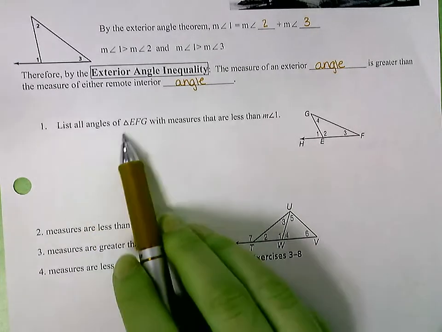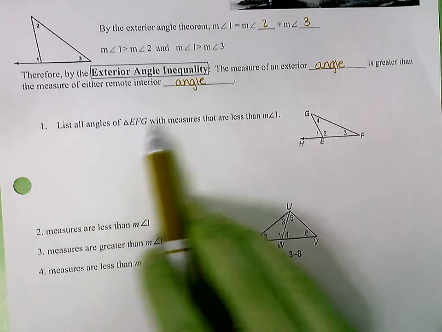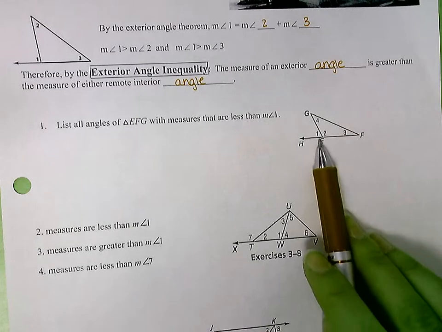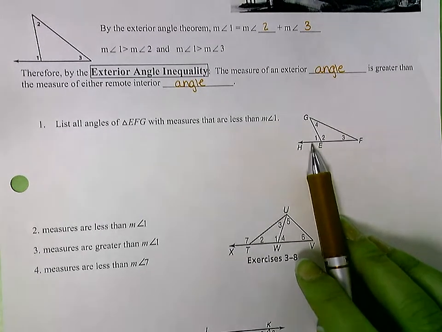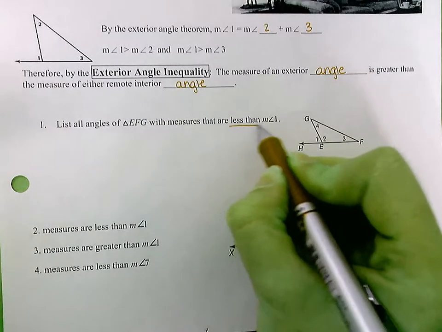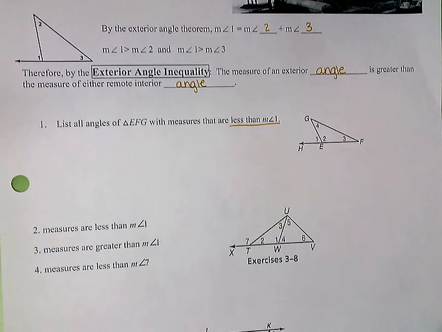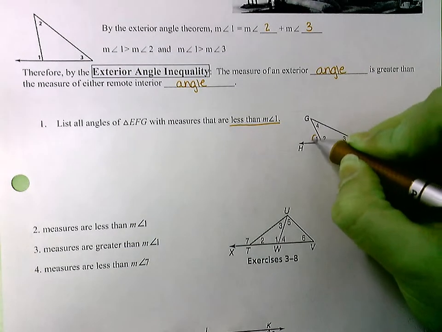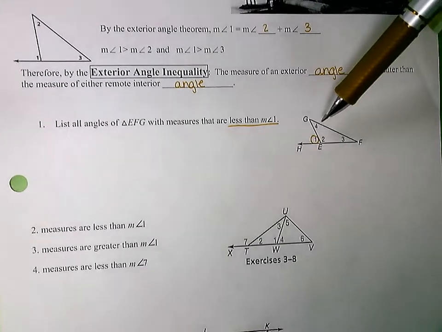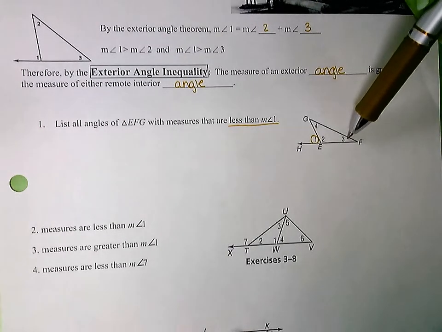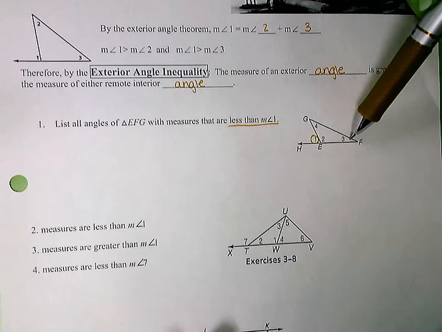So we want to list all the angles of triangle EFG with measures that are less than angle 1. Okay, so angle 1 here is the exterior angle. Whenever it says less than, you need to think about that angle as an exterior angle to another triangle. Okay, so angle 1 is right here. My angles that are less than that would be my remote interior angles,